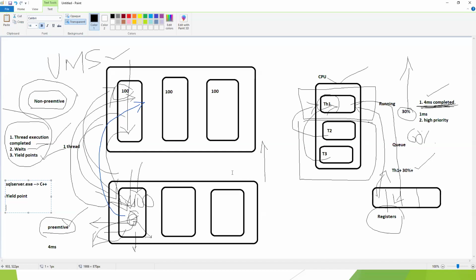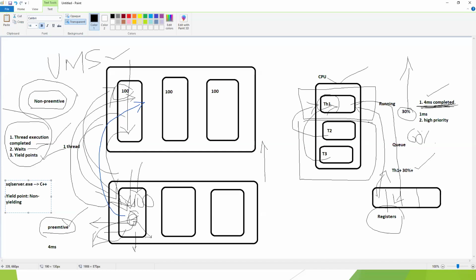If it is not coming out of the CPU for an extended duration even though there is a yield point, we don't have control over this yield point, and we don't have visibility into when it will be met. But you will see a non-yielding